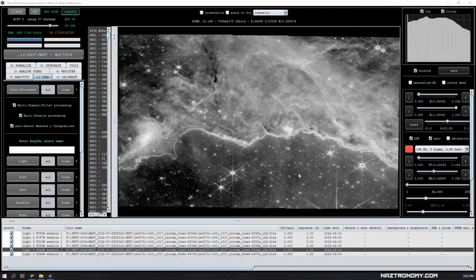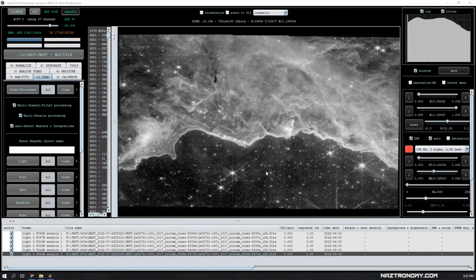This is filter 444W. And finally we have filter 470N. You just saw the vast differences between the 6 filters. A lot of time can be spent just waiting for these images to load because they're so large, but that's alright. If you're wondering why I added them as lights, it's because they're not perfectly aligned, so we need to